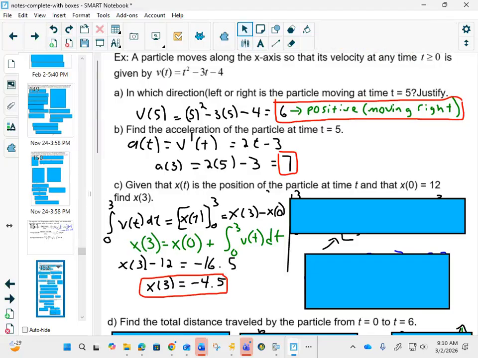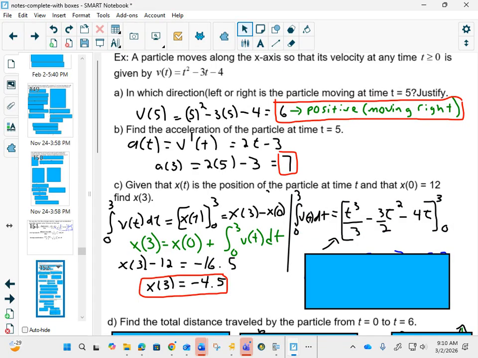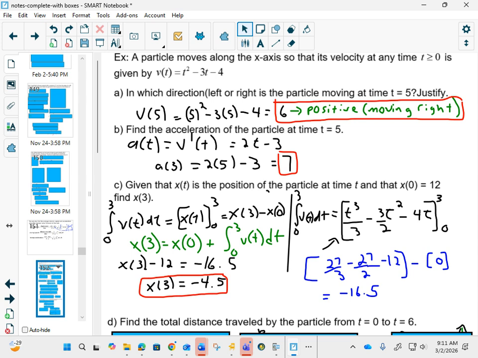So I like this idea, especially on a calculator. This is the other option for us. Well, here, no, this is showing getting the 16.5 by hand. The other option for us